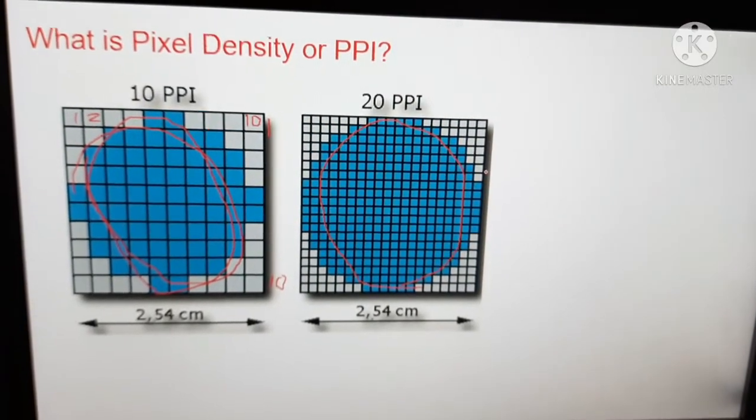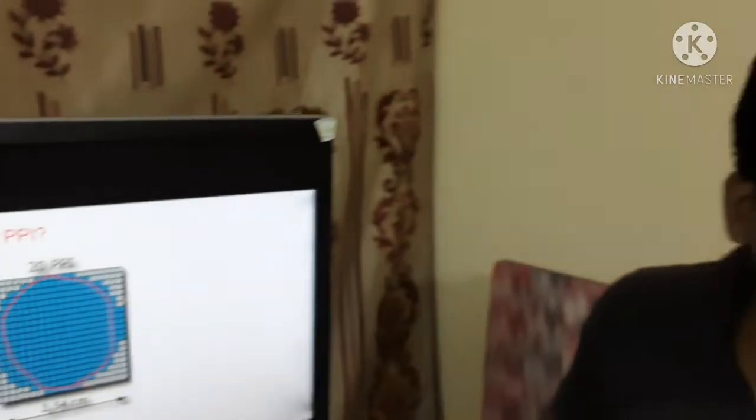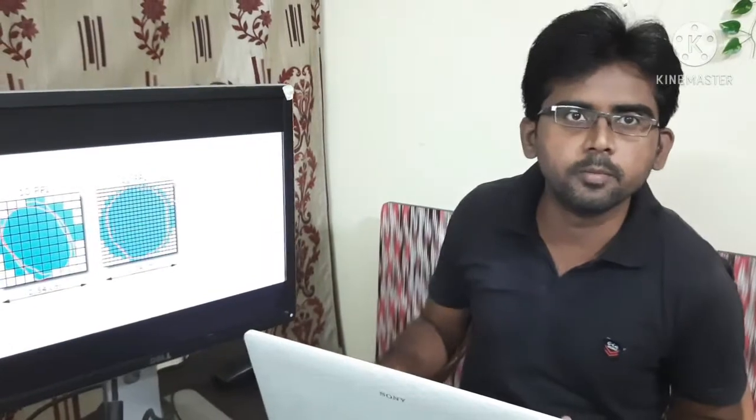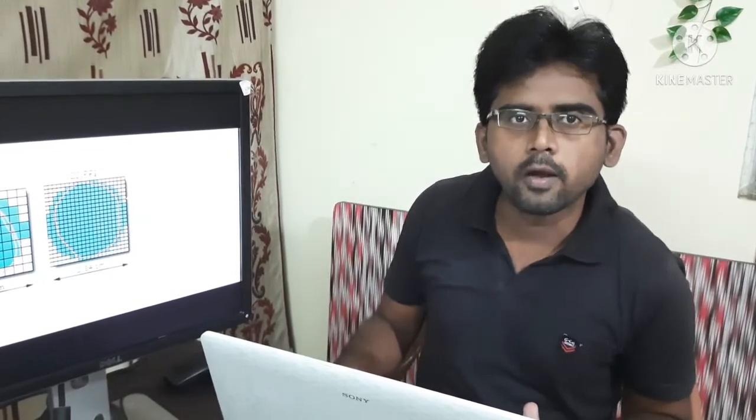So depending upon your camera resolution, you will have a certain pixel density. While you are buying your camera, you need to check how many pixels there are per inch. That will define how much brightness and how much intensity your image will have, and that is going to determine the clarity of your image. So this is a very good factor to determine camera quality.